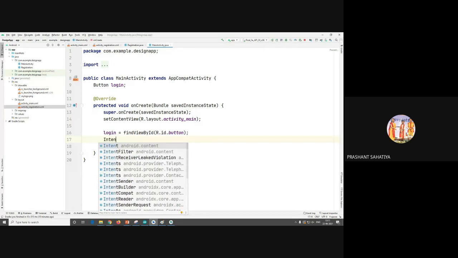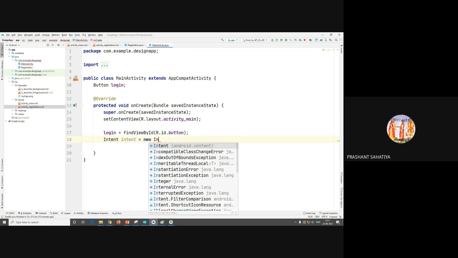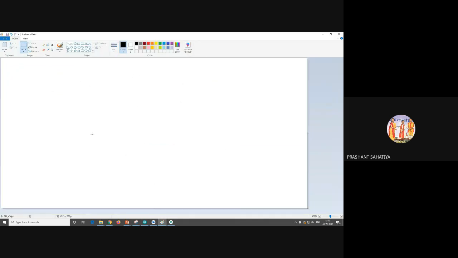Intent is one class. Click on it, create one object of it. Okay, now you have created an object, you want to initialize it. I'll say new class name. This is the concept of one class: I want to create one object.